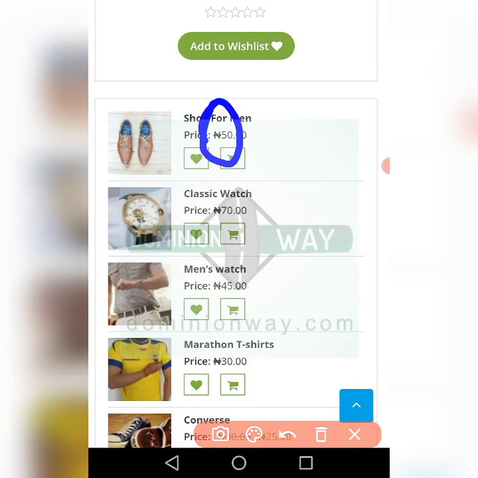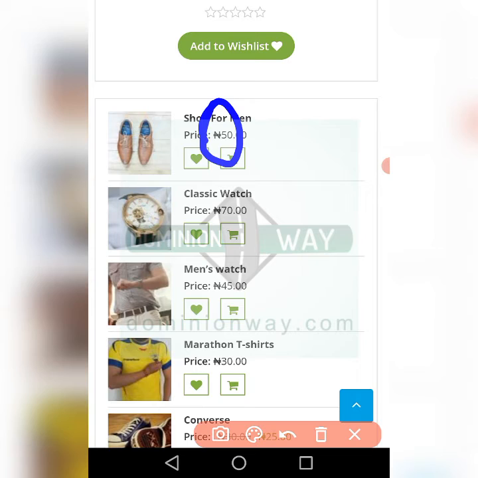Now it shows Naira here. Why is it showing Naira? Remember, Nigeria was chosen as the country and Lagos as the state when we were setting up our e-commerce. So automatically,